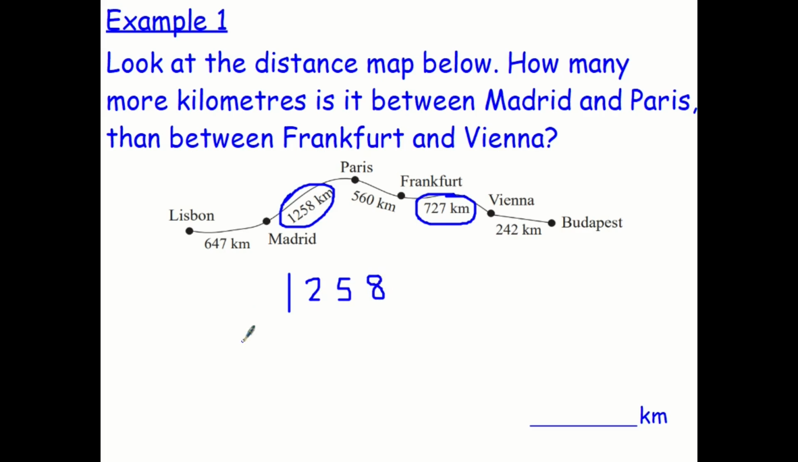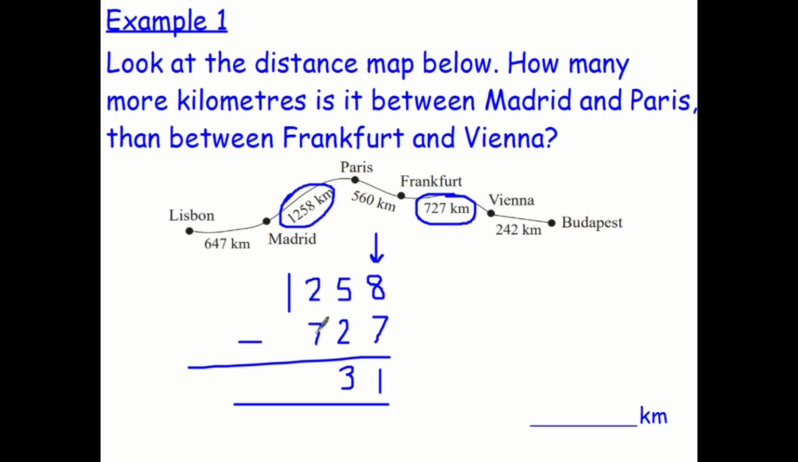And I'm subtracting, so I'm going to set this out in a column, remember, and digits of the same place value need to be underneath each other. So 727, well this is my hundreds column, so I'm going to put 7 there, 727, and then I'm going to put my answer lines in like so, and we always start on the right hand side. So here 8 take away 7 is 1, 5 take away 2 is 3,